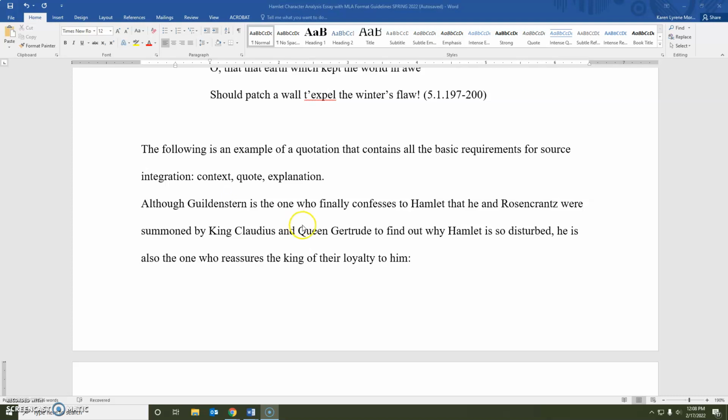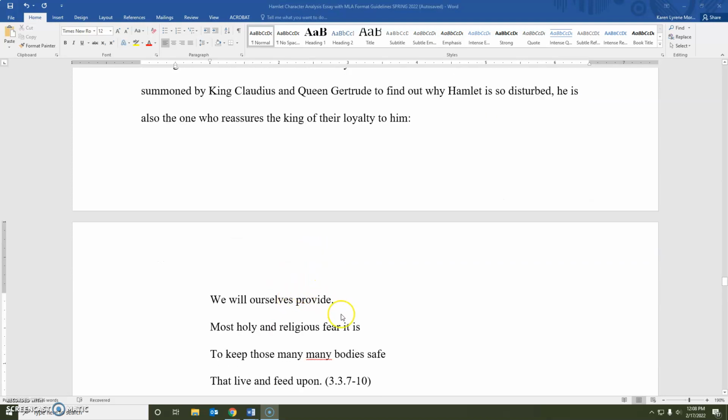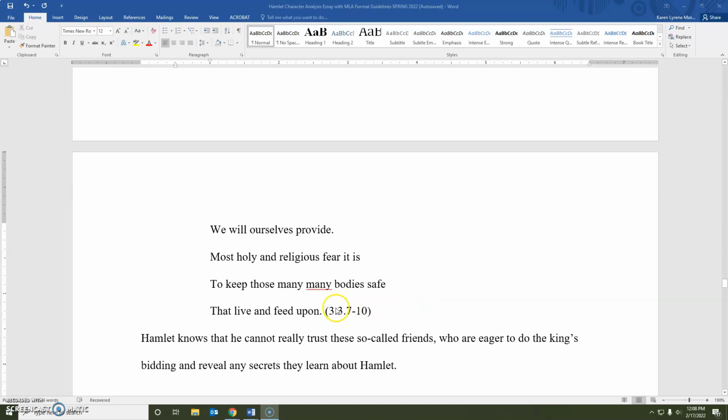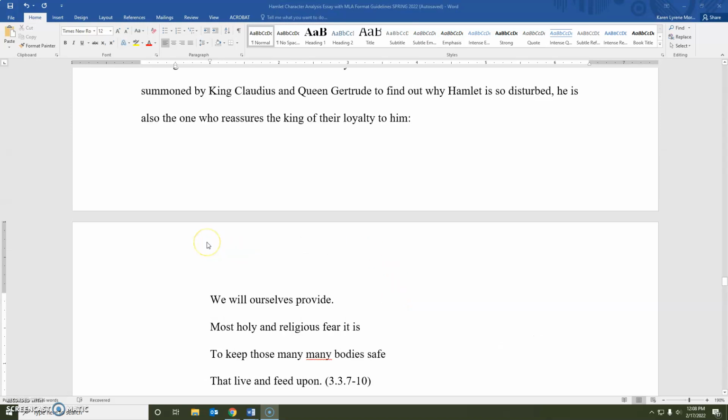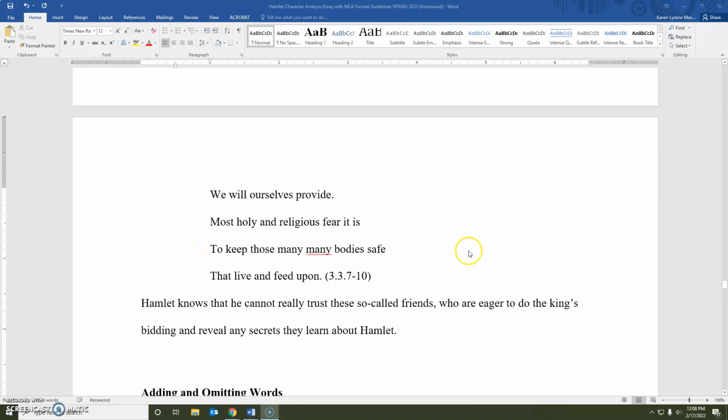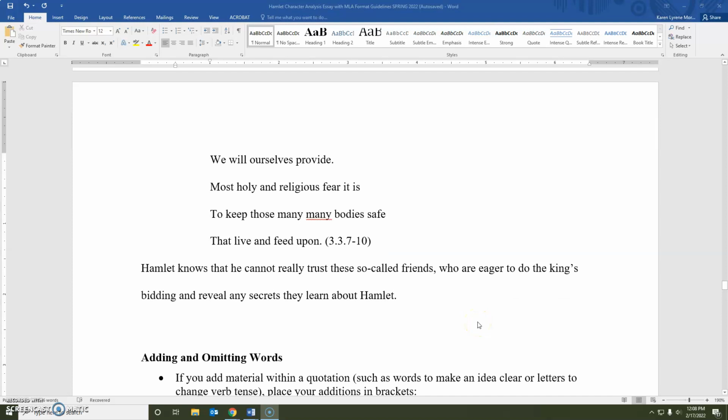Then give the quotation, which here is in a block format and appears after I have used a full sentence to introduce the quotation. Because this is a block quotation, I end with a period, no quotation marks anywhere, and there is no period after the parenthetical citation. That's only because this is in a block format. Other quotations that are standard shorter quotations do have the quotation marks and the period goes outside the parenthetical citation.